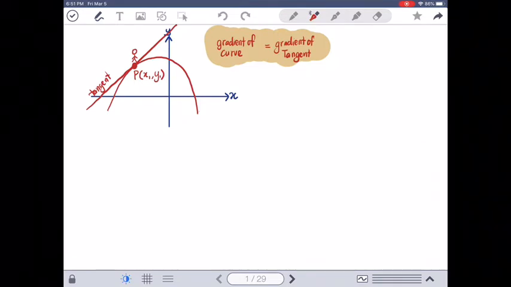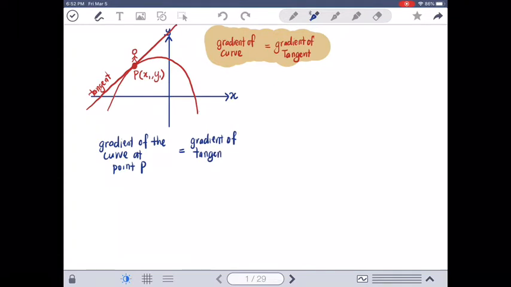So in other words, I would say that gradient of the curve at point P is just equals to gradient of the tangent at point P,